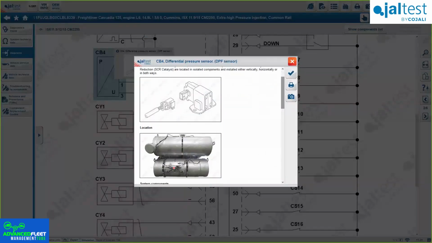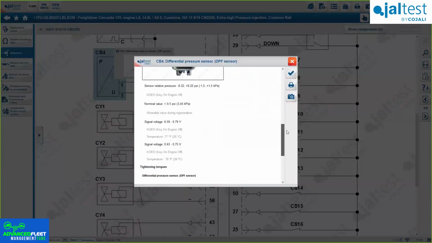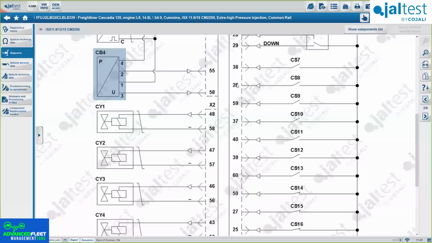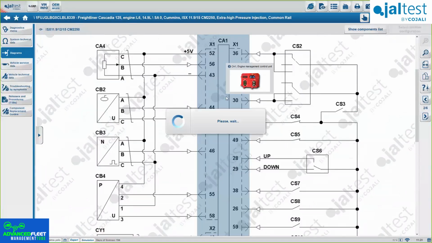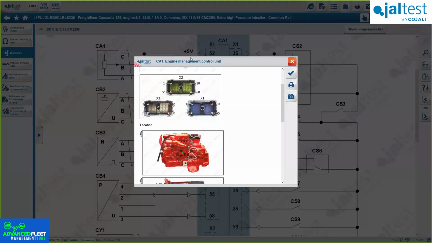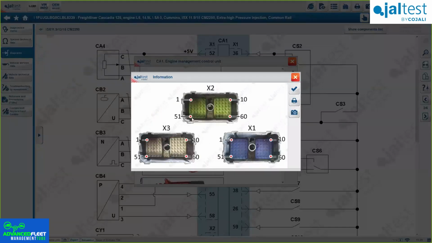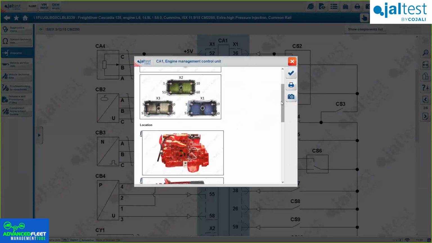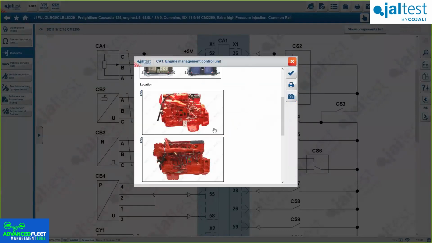So you don't have to go back to the diagnosis menu to check for the information, you will always have it one click away. And again, if you want to check any other component, if you double click on the ECM, for example, you will be able to check. You see here the pinout, so you know if the pin 58 and 55 are connected to this component here. Just by clicking here, you can count 51, 52, 53, 54, 55, so this one here, and 58, this one here. Okay, so pretty simple, but pretty useful.